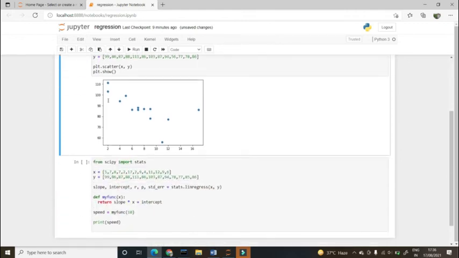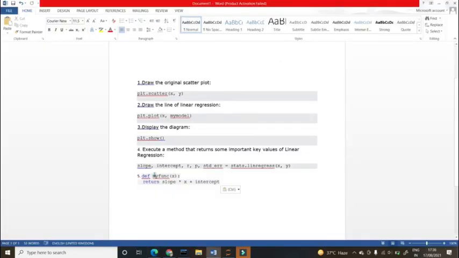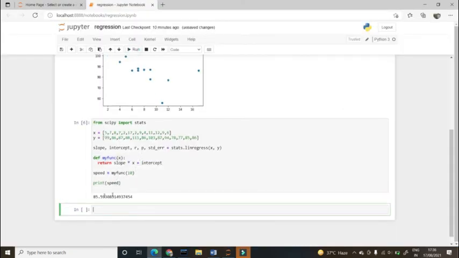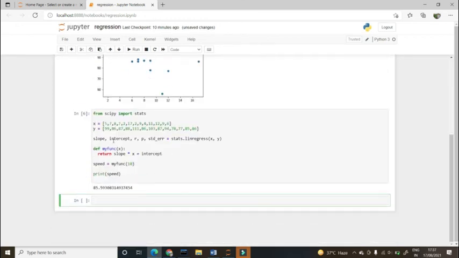Okay, now the third, see, this is from scipy import stats, because in statistical modeling we are doing. Okay, so I have added new arrays on the x-axis and y-axis. Then this is for executing, and this I have explained to you here. This is used to predict the values, future values. Okay, see, now if I run, see, this will predict your speed. This code is basically to predict the speed. Okay, so this was the linear regression part.